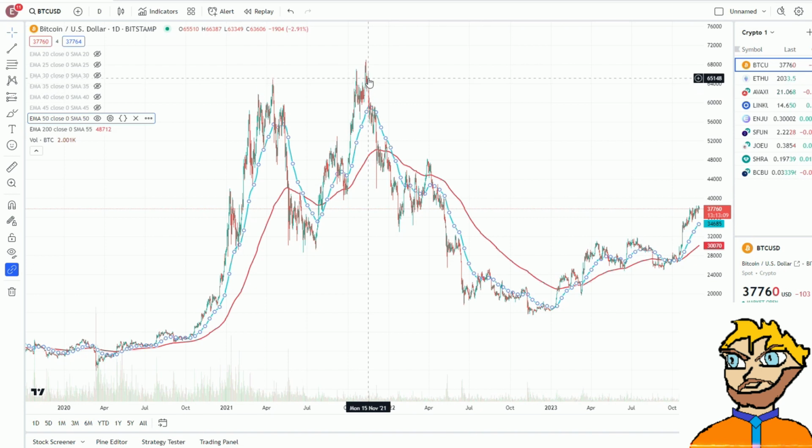But you can ride for a while up here, and then you see a curve, and you gotta get out again. But the main thing is chase this first peak, and then when you see a curve like this, you exit some positions, and when you see the blue line cross to the downside and 5 candles below the red line, then you gotta get out, because the red line,